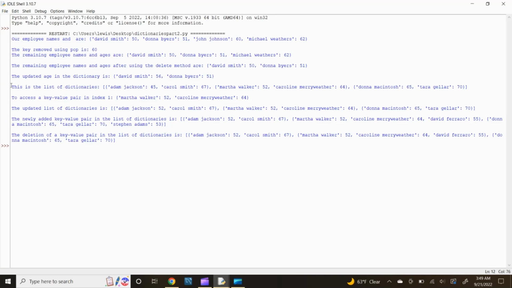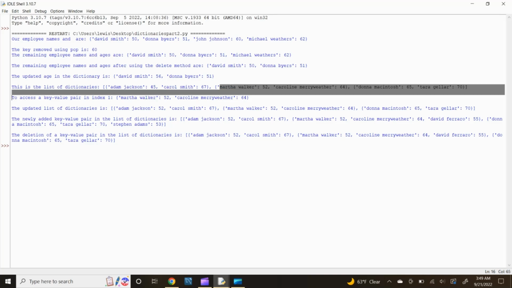We then created a list of dictionaries. If you recall, a list of dictionaries is essentially what the name implies. It is a list of dictionaries. This is the list of dictionaries: Adam Jackson, 45, Carol Smith, 67, Martha Walker, 52, Caroline Merriweather, 64, Donna McIntosh, 65, Tara Geller, 70. To access a key value pair in index 1 returns as Martha Walker, 52, Caroline Merriweather,